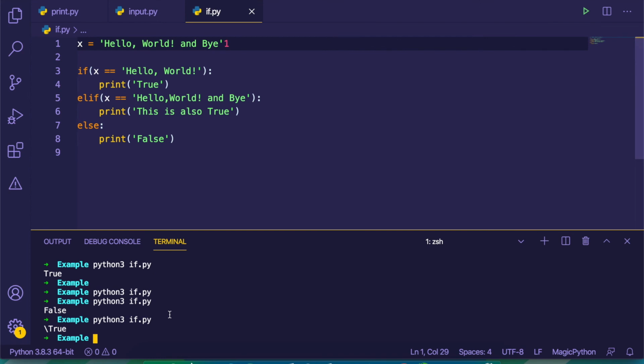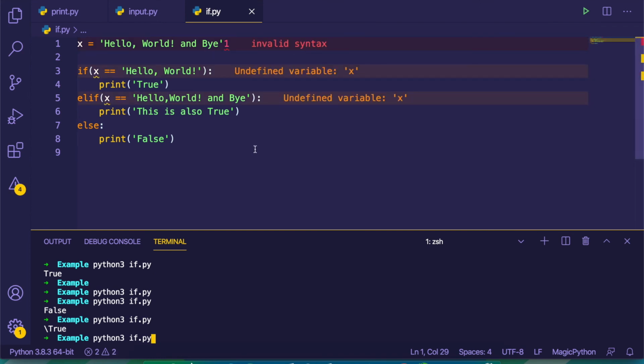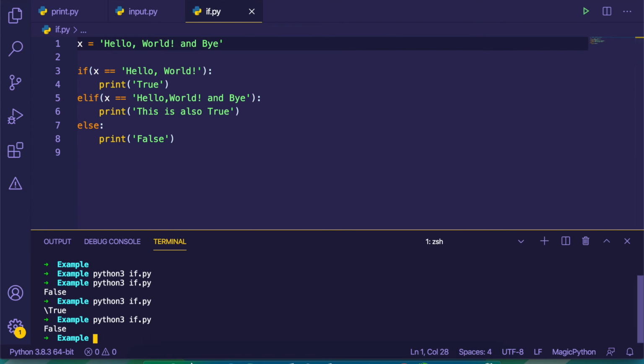Okay, now when we save this and run it, you can see that we are not given the result at first, so this also checks for the spaces and all those things. And now when we run it, you can see that this is also true.